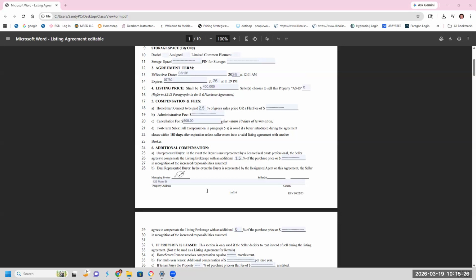And my seller questions me, who is the dual represented buyer? Because I don't know what it means. The buyer is not represented by anybody when he directly contacts me to come and see the house. So the unrepresented buyer on line 25 is the same person.